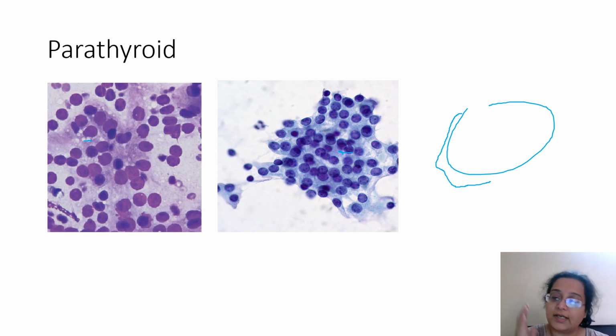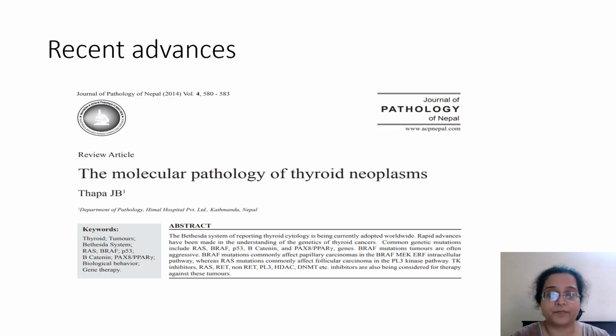The pitfall is that you might go into a lymph node and think it is thyroid. So how to differentiate? Look for follicular epithelial cells or colloid. You might go into a parathyroid; I've shown you how to differentiate. Then plasmacytoid cells might come and you might think it's a lymph node, but remember, medullary carcinoma might have plasmacytoid cells. So these are a few pitfalls that you will come across.